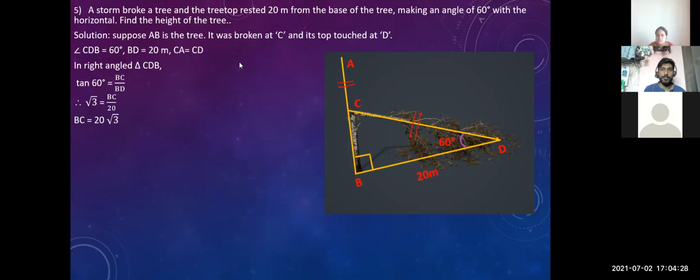Once you get the length of BC, this length is already known. You can find out the hypotenuse. There are two ways. Either use Pythagoras theorem to find out the hypotenuse, or you think of some ratio that will give you the hypotenuse. So this length will be known. You can use Pythagoras also. That also will give you the answer. Or try sine now. Cos also will give you the answer.